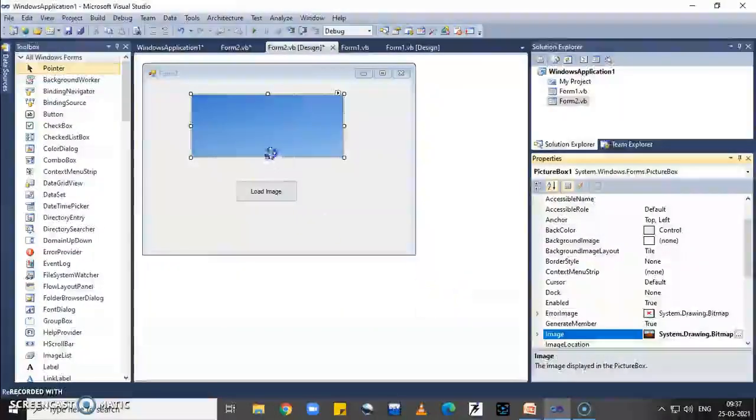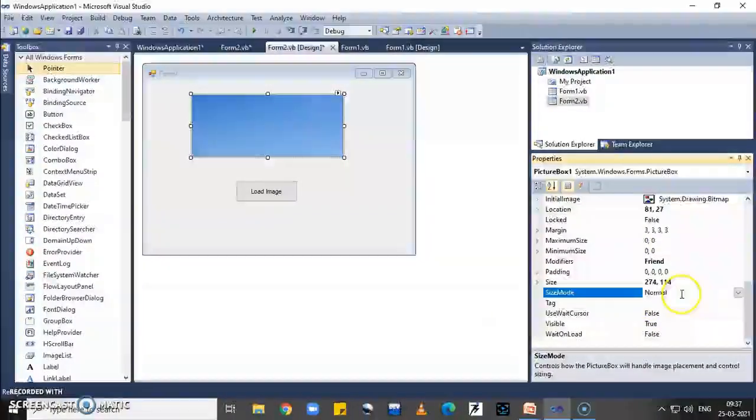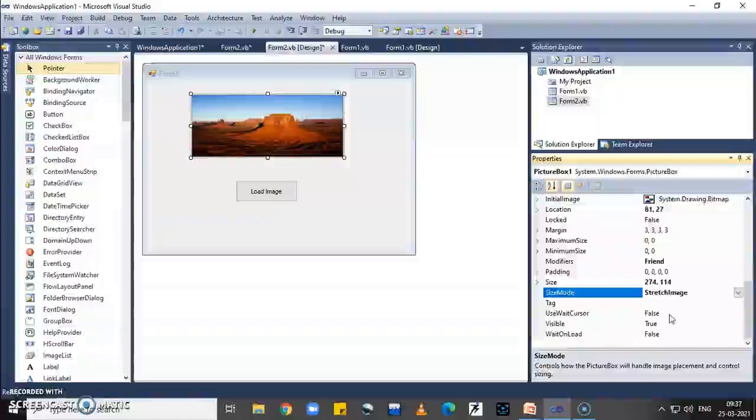Open. OK. Now I have set the image property at design time. Then second main property is size mode. Here by default it is normal, so my image is displayed in normal view. Whenever I select stretch image, then the image is stretched and the whole image is displayed in this picture box.